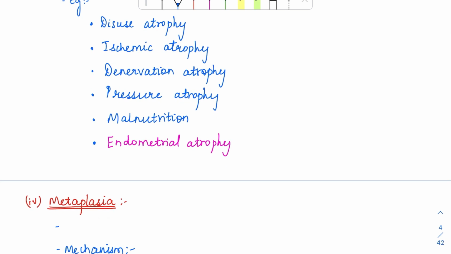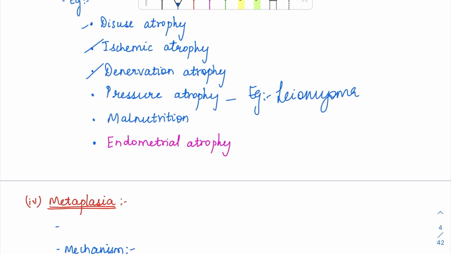Similarly, if there is a loss of blood supply or loss of nerve supply, again that part of the body is not going to be used up to the mark. So it will result in ischemic atrophy or denervation atrophy. Then pressure atrophy. So the best example of pressure atrophy will be in a leiomyoma. So in leiomyoma, what happens? It is a benign smooth muscle tumor. So when